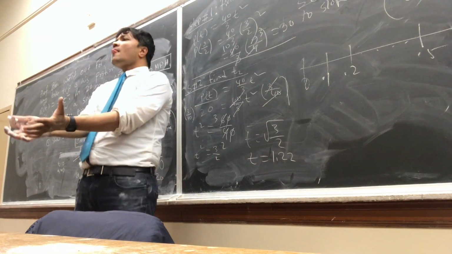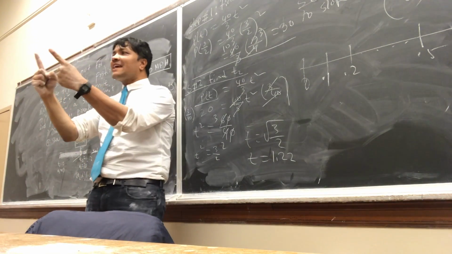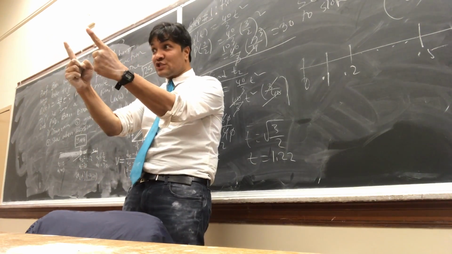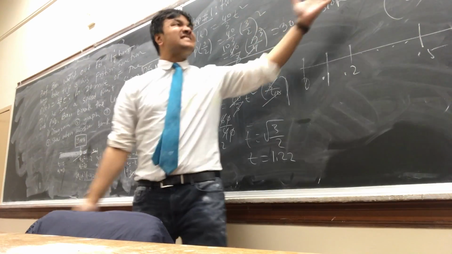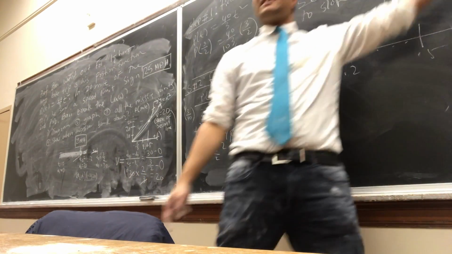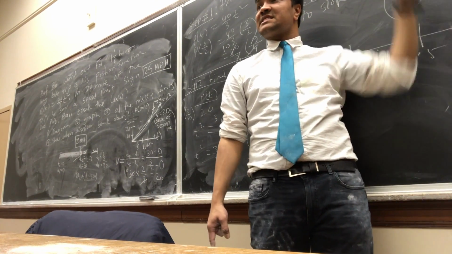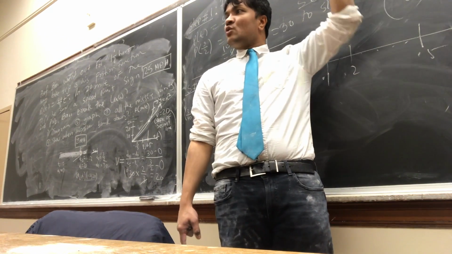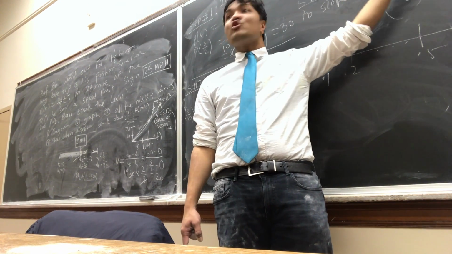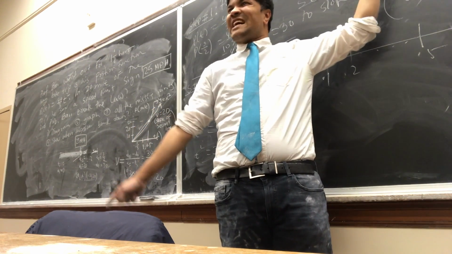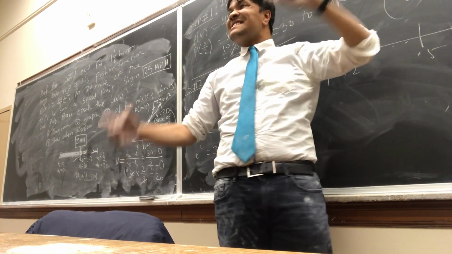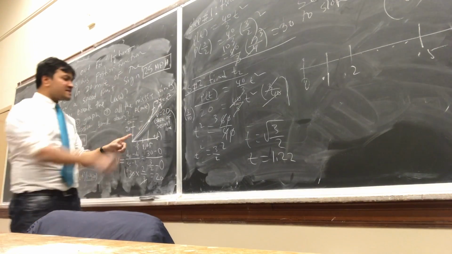This converts to, if h approaches 0, in this case delta t approaches not 0, delta t approaches 1.22, because this is the default definition. Does that make sense? In this case, we're not going to use h, we are using delta t. We're not going to use 0, we are using 1.22. So delta t approaches 1.22. Then the secant line converges to